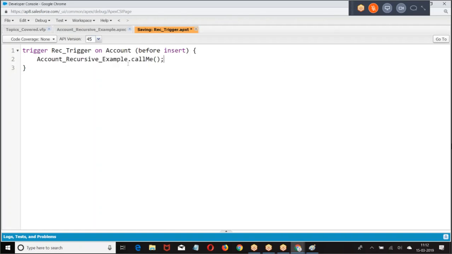So, when is this trigger called? When an account is created, the trigger will be called. Within the trigger, what are we doing? Inserting one more account. If I insert one more account, what will this account do? Call the insert trigger. Again, the insert trigger will create one more account. One more account will call the trigger. Trigger will create an account. Account will call the trigger. What is happening? A circle. Are you getting it?